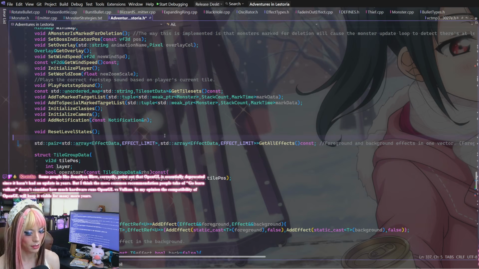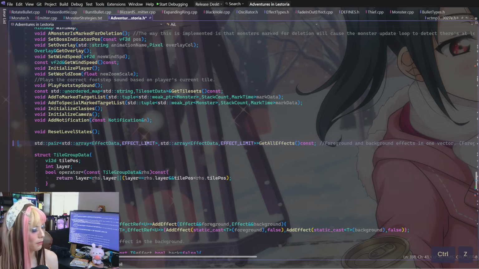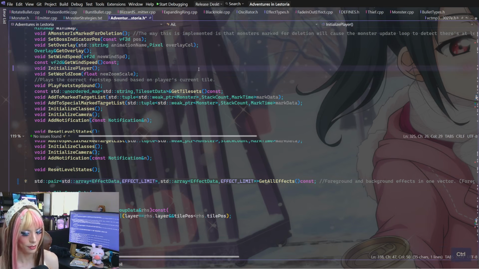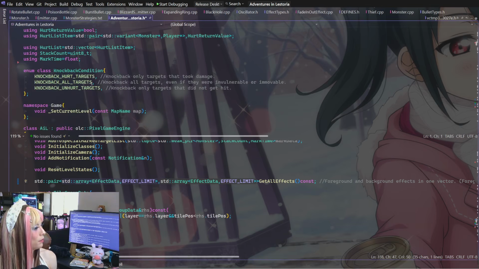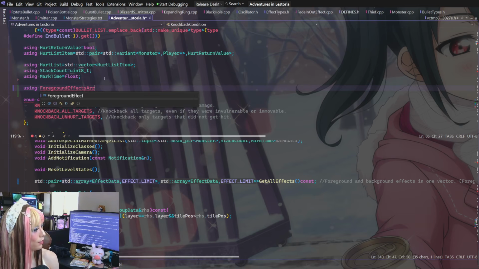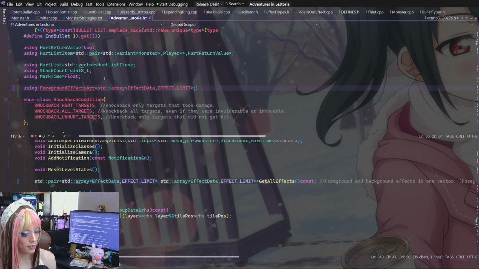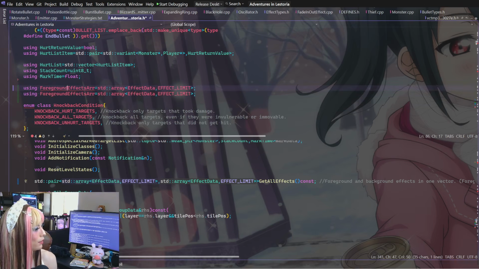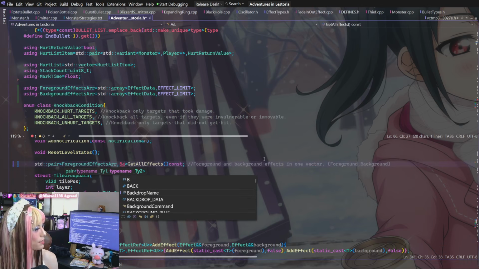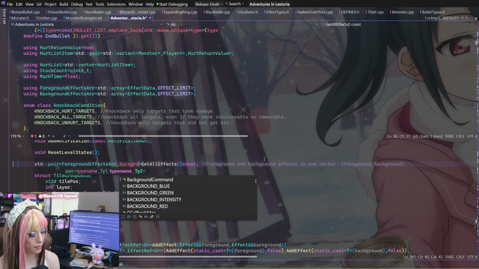So maybe at this point we'll make a using for it, so we actually know what we're doing here. Using foreground effects array equals this, and then same with background effects array. And then I just plug these in so I know what this is actually returning and what order they're returned in.